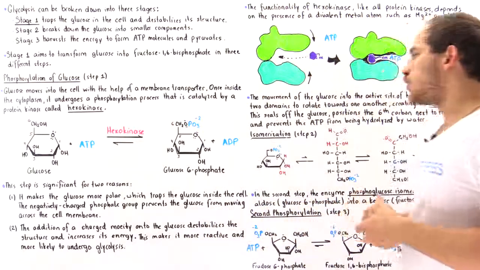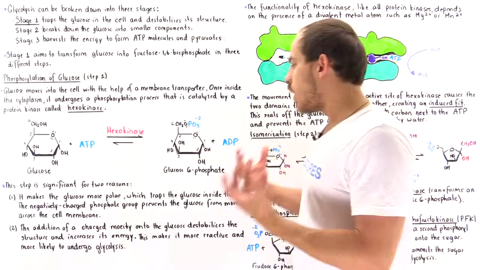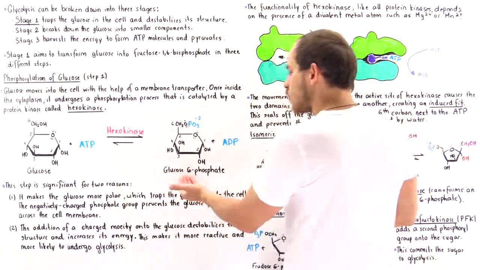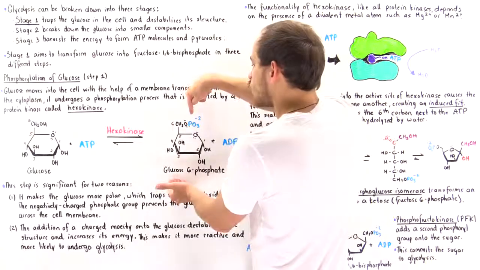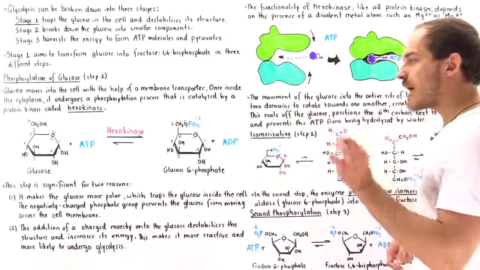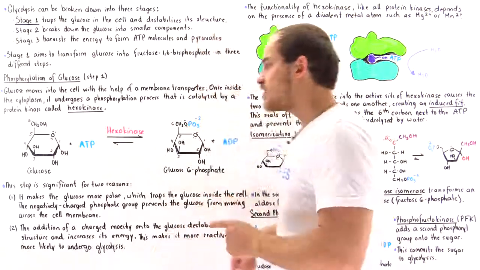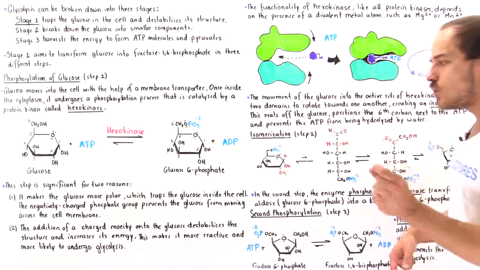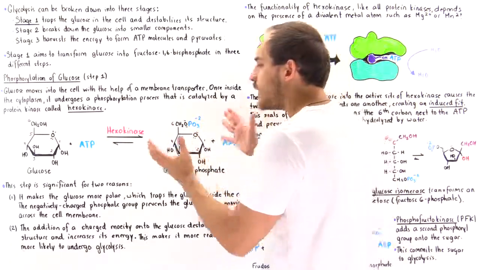Now, let's move on to step number 2. We call it the isomerization step. So once we actually form that glucose 6-phosphate, so glucose that contains a phosphoryl group on carbon number 6, the next step is to actually transform that glucose into a fructose. And to transform it into a fructose, what must happen first is it actually has to open up into its